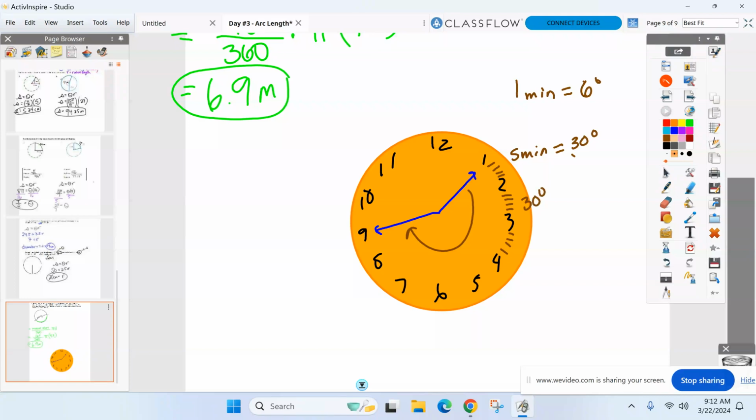Every time it travels, you guys are thinking it's going all the way around. That's not what I want. It's just going to go from here to 9. All right, so every time it goes 5 minutes, it goes 30 degrees. Add them all up, find out how many degrees you have, and then convert it into radians the best you can. All right, everything else should be fine, though. Everything else is arc length. And I don't have the answer for this on the key. I want to see what you guys come up with. The rest of them are on